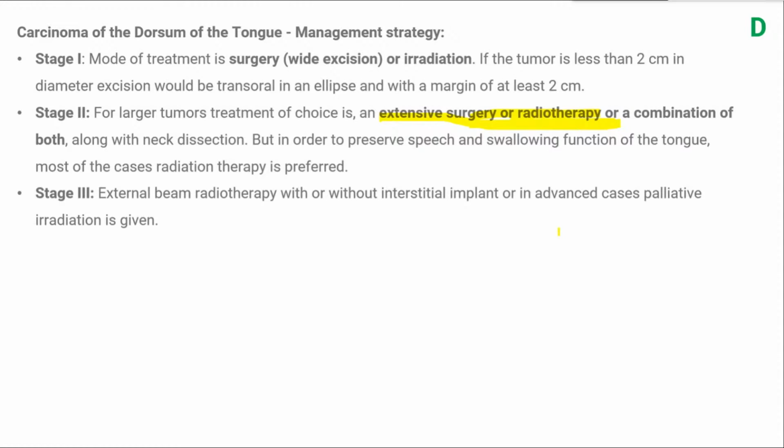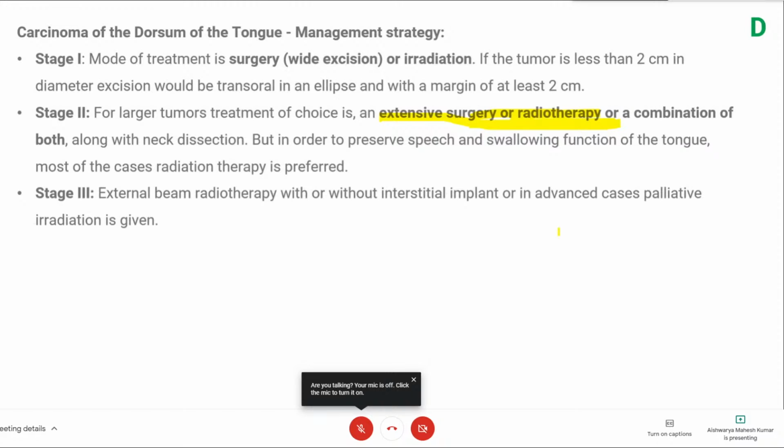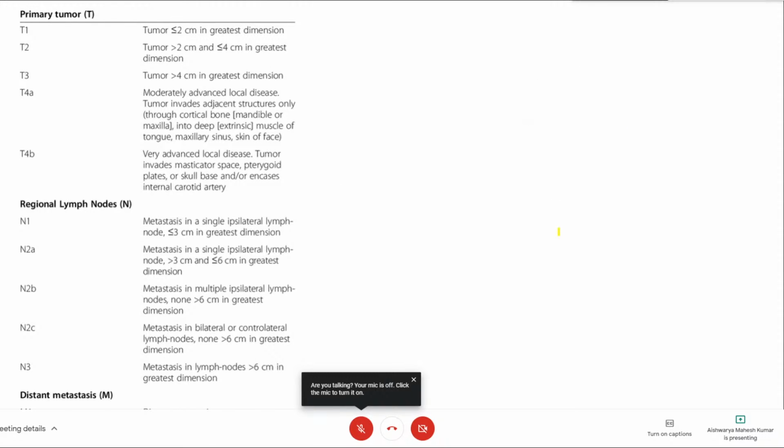For stage 3 and advanced, grade 4 lesions, that is the third and fourth grades, you will have to combine all three, probably surgery and chemo radiotherapy. Less than 2 centimeters, yes, that's why I have given T. It should be T1 if it is less than 2 centimeters. Even if it is T1,